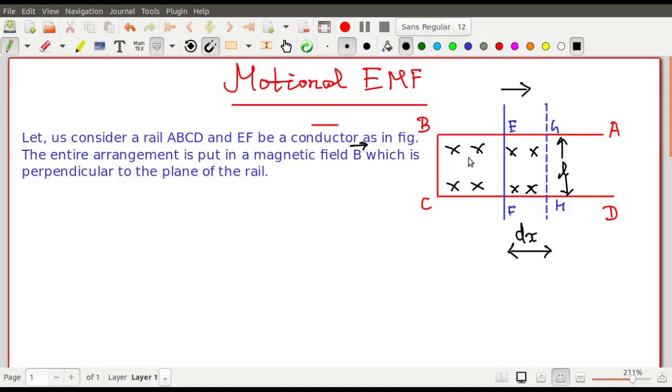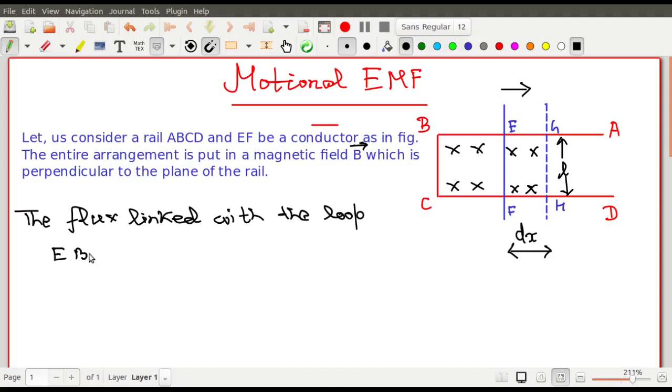Now the question is, what is the flux linked with the loop EBCF? So I write it. The flux linked with the loop EBCF is equals to how much? What is the flux linked? The flux linked with the loop EBCF is phi 1 equals to, you know, the expression for flux, that is